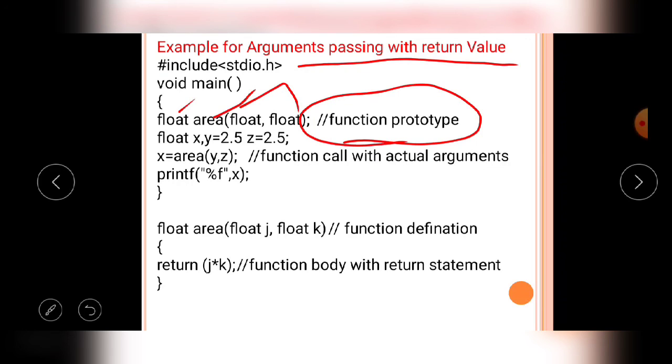After completion of the execution, the area of the rectangle will be returned to the caller function.